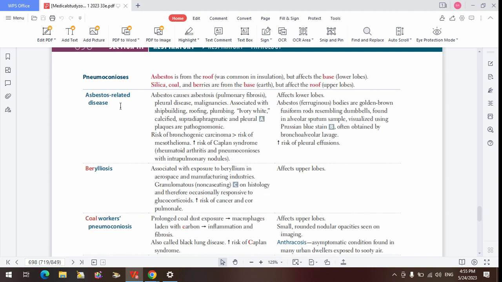So that's asbestosis. And asbestosis has also been implicated in affectation of the pleural cavity, just like I mentioned. There's going to be thickening of the pleural cavity, and actual formation of plaques. You are going to see plaques within the pleural cavity. Pleural plaques that appear calcified, and they are located at the base of the lung, supradiaphragmatic, just above the diaphragm. So they appear heavy white, calcified, supradiaphragmatic or basal pleural plaques.